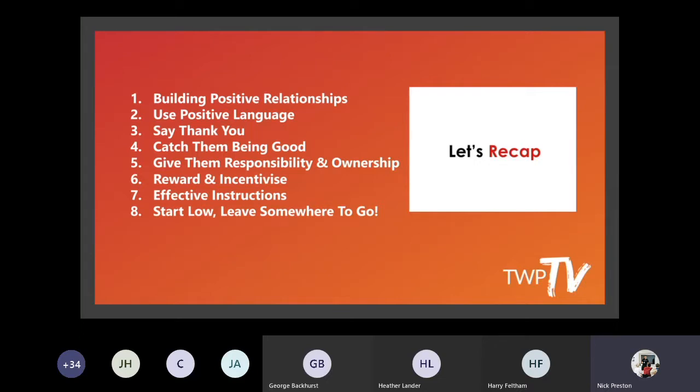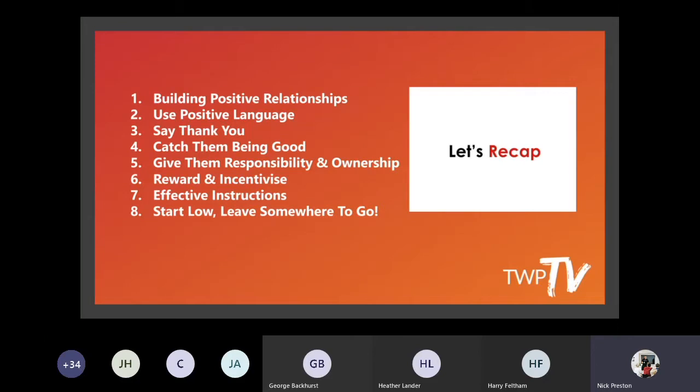Effective instructions, making sure they're clear, concise, okay, they're achievable, making sure that actually they understand them, so they're not too long-winded, they're not 10 instructions, just one clear instruction. Go and find a space in my square. Then you reaffirm it, so you get somebody else to go and do it. Then we make sure we set the outcomes for what we expect, and then we make sure we follow it through.